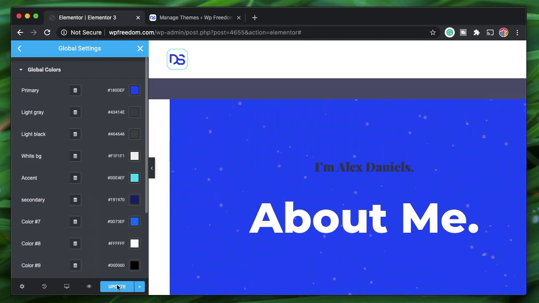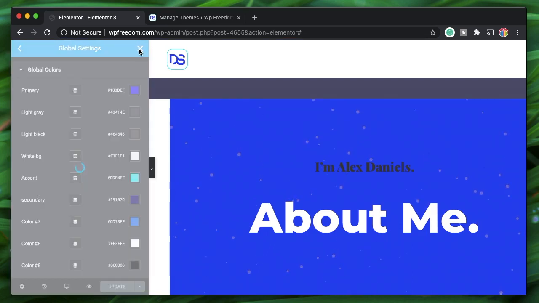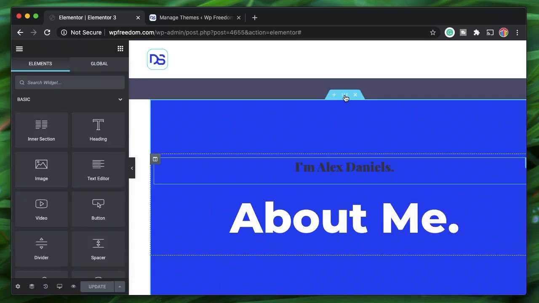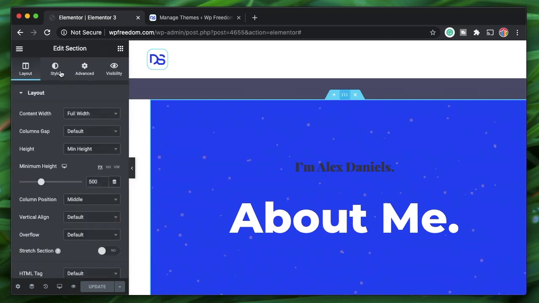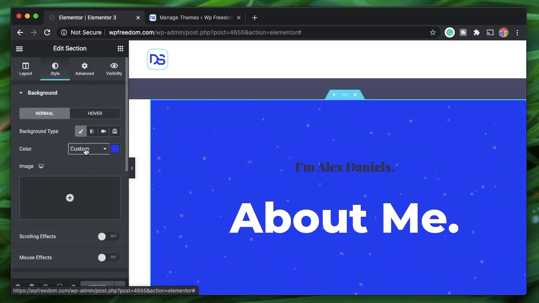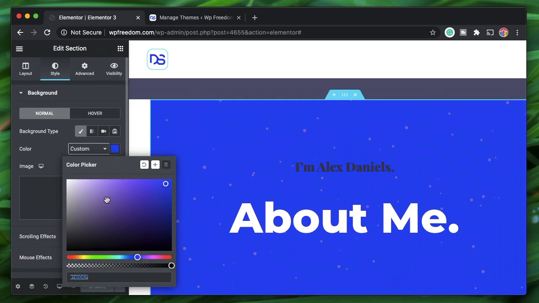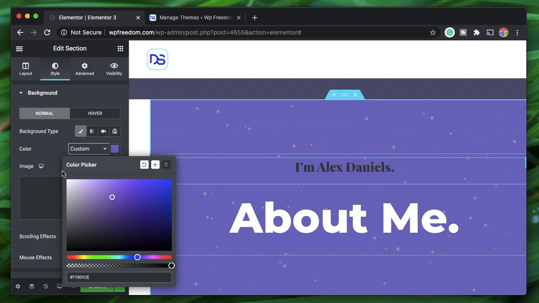Now how do you work with this? Well, it's quite simple. So once you update your color, just click on the X button. Now you'll be taken back to your Elementor dashboard. You can click on section, click on style, and now the color picker is completely changed. Now when you click on the color picker, you have a drop down menu and you also have a color picker. That's really neat. If you click on the color picker, you'd get a typical color picker where you can pick any color that you want for the section or whatever.